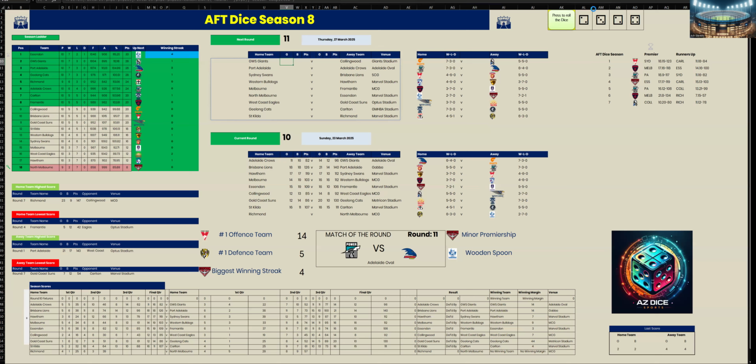Third quarter. Third quarter's completed. North Melbourne, they've won the third quarter by 1 point, 2-4 North Melbourne to Richmond, 2-3. And at three-quarter time, North Melbourne are up by 19 points, 73-54. Can the Tigers get over the line in the last quarter?